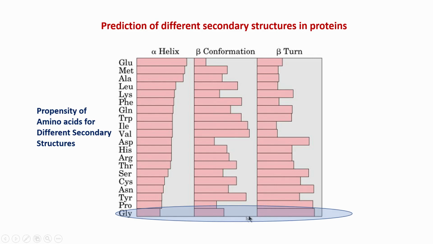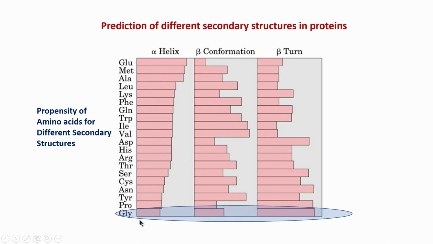Typically, glycine is the most frequently seen amino acid in the loop regions, because it is very flexible, because it is small. This is the smallest amino acid, glycine. Because of its flexibility it likes to be in a random coil and provides high dynamism to the proteins. If the protein chain needs dynamics, then it incorporates glycine into the chain. So glycine likes to be in a random coil conformation more often than helix. It does not mean that it is never found in helix or beta sheet; it is just statistically more propensity for random coil.